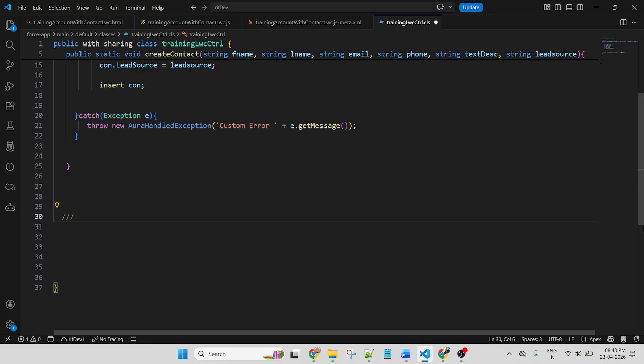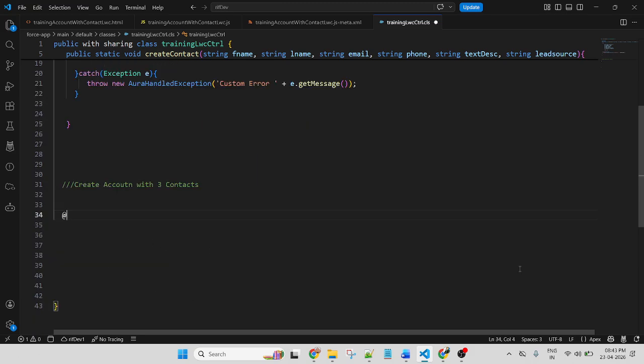So let me comment: create account with contact, to identify that this function is created for this component.